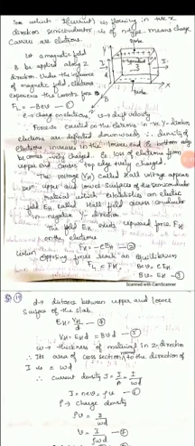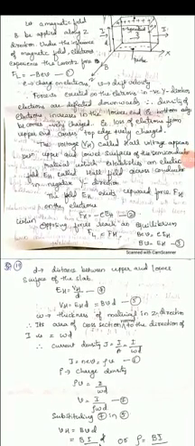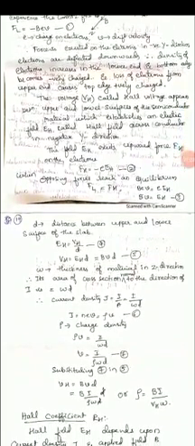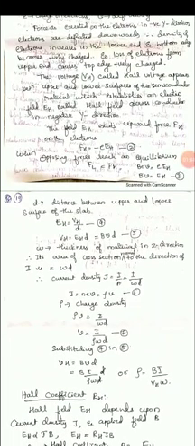Therefore, the density of electrons increases at the lower end, and the bottom edge becomes negatively charged. The loss of electrons from the upper end makes the top edge positively charged. The voltage VH is called the Hall voltage, which appears between the upper and lower surfaces of the semiconductor. This establishes an electric field EH, called the Hall field, across the conductor in the negative y direction.